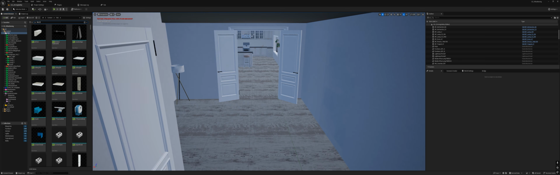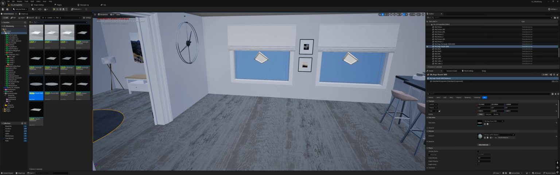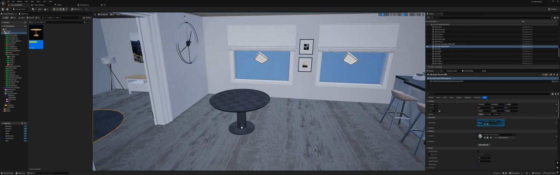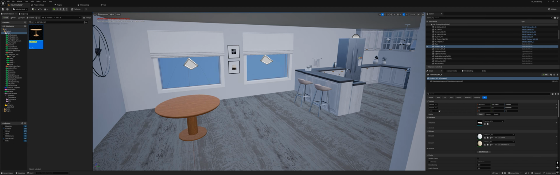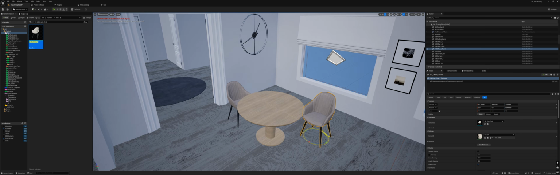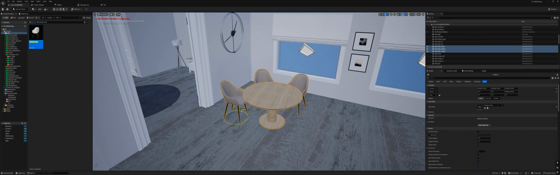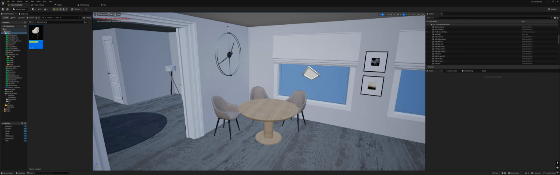Now it's time to add the final decorative touches and bring the whole space to life. Let's layer in a few more details to round out the space. I'll start by adding a rug to the entranceway. It helps ground the area and adds a welcoming touch. Then we'll shift over and build out the dining room to give it a bit more presence. Let's bring in a table and a few chairs to start shaping the space. I'll match the wood tones so everything feels consistent. Then I'll grab a couple of chairs, rotate them into place, and arrange them around the table to complete the